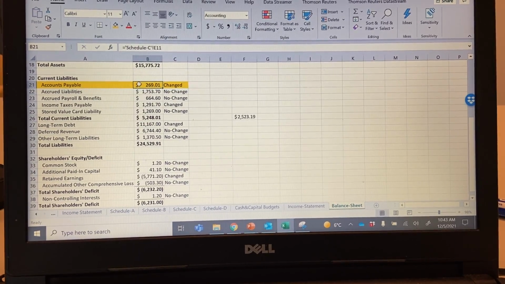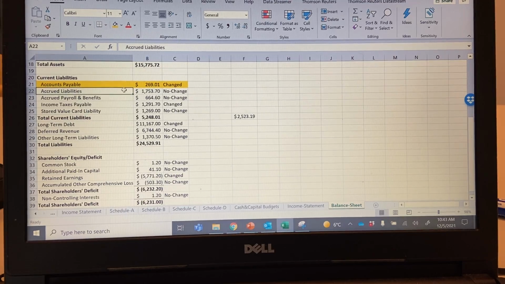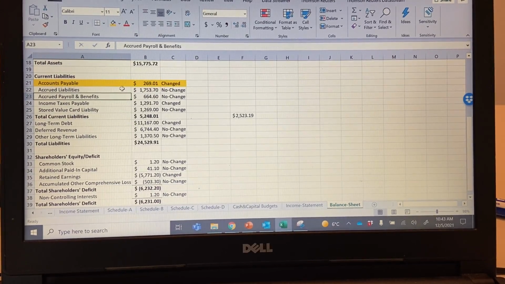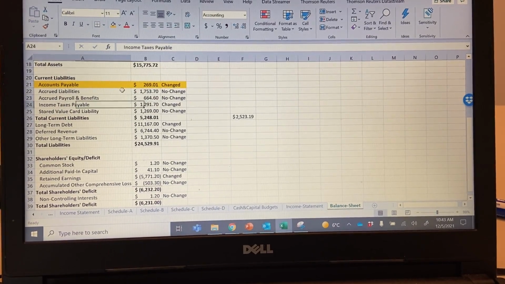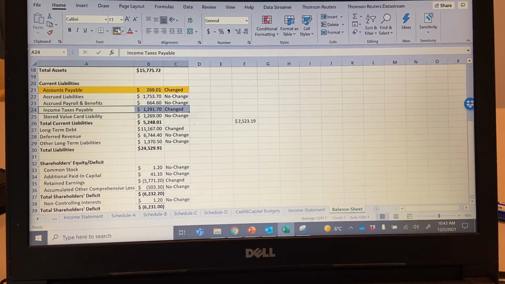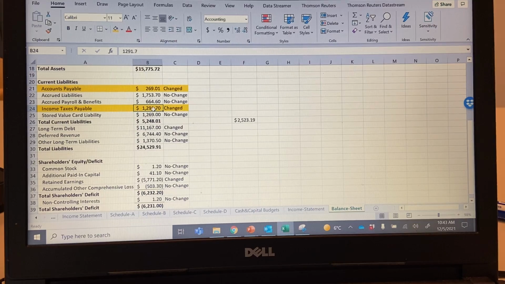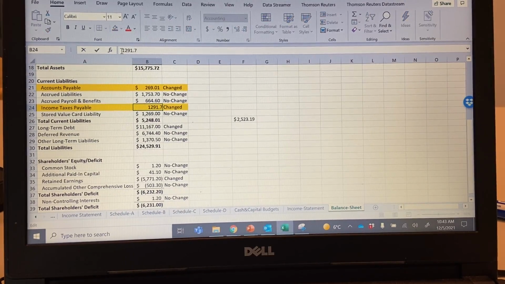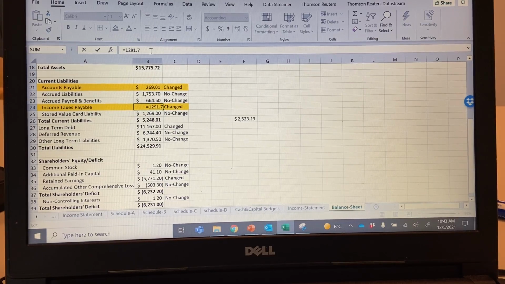So here's my new accounts payable, much less. Accrued liabilities didn't change. Payroll and benefits didn't change. Income taxes payable, this does change. Some balance sheets may have this item. If you don't, you have to add this in. For Starbucks, they have an amount for income tax payable,